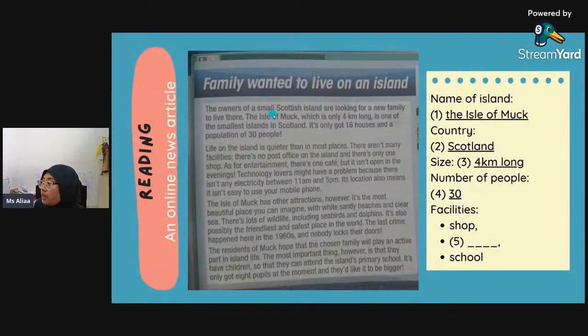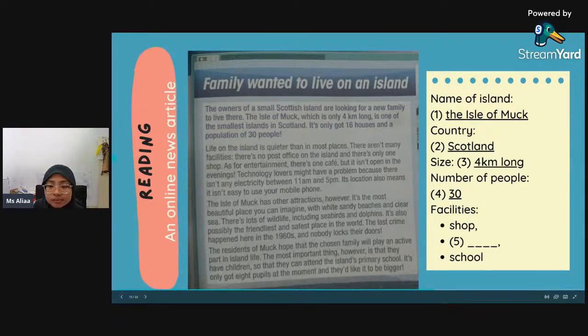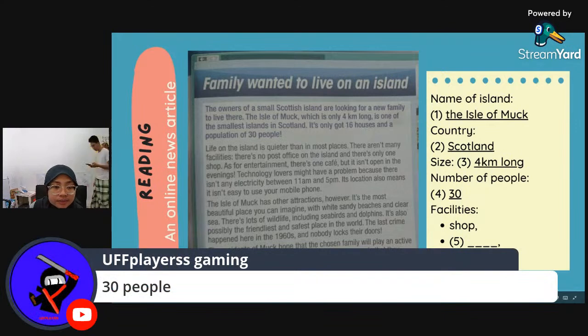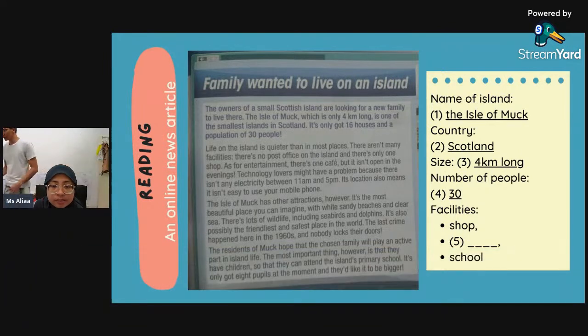There are only 30 people. It only has 16 houses and a population of 30 people. Population and number of people are basically the same thing. Okay, 30 people. What about the facilities?